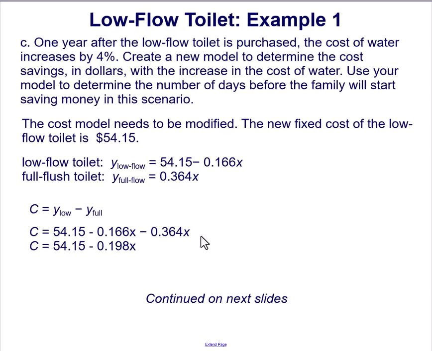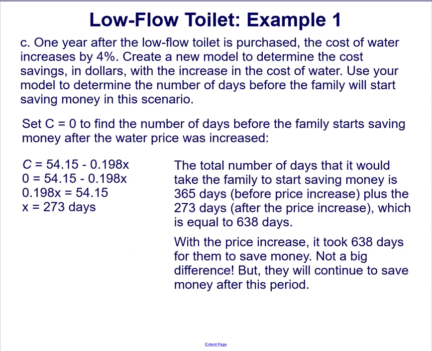So I subtract the two equations and simplify expressions, and we end up with $54.15 minus 0.198 times X. So now I take this and I set C equal to 0 to find the number of days before the family starts saving money after the water price was increased. So you'll see here I take C is equal to 54.15 minus 0.198x. I set C equal to 0 and solve for x, and I find out that x is equal to 273